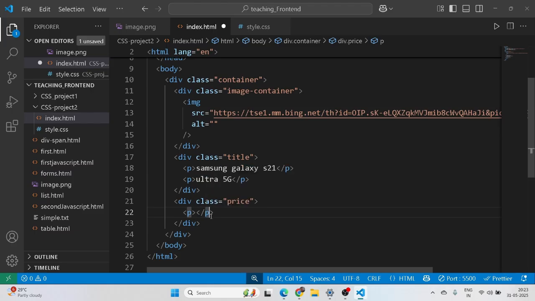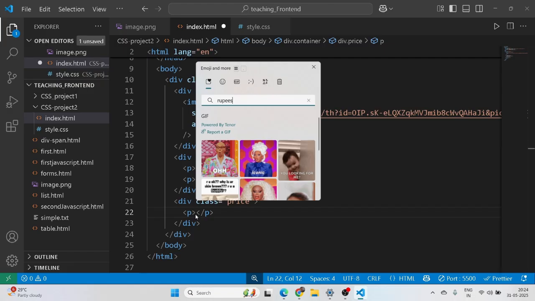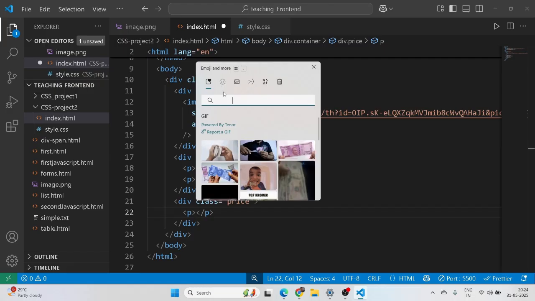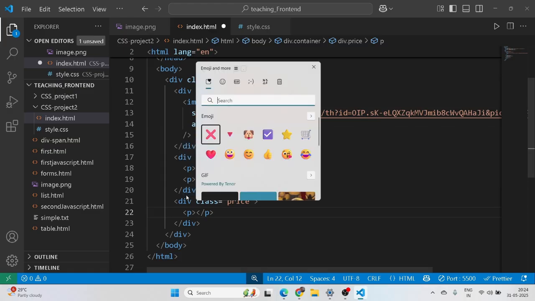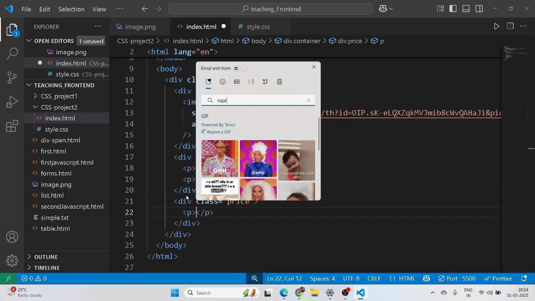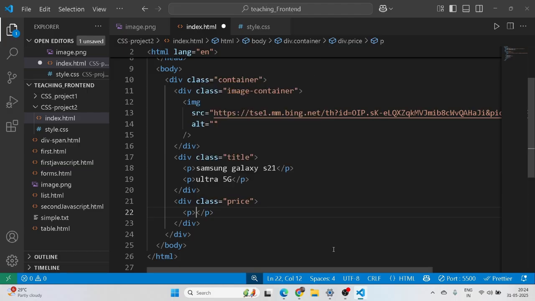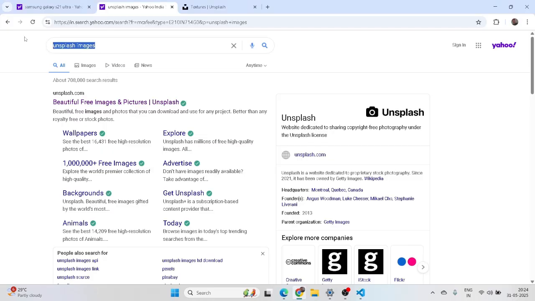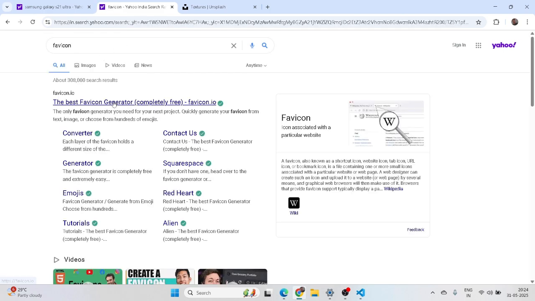Okay, we use a symbol, rupee symbol, right? So we can use the rupees symbol, or we can do one more thing for the symbol. Favicon. This is a site, right? We can